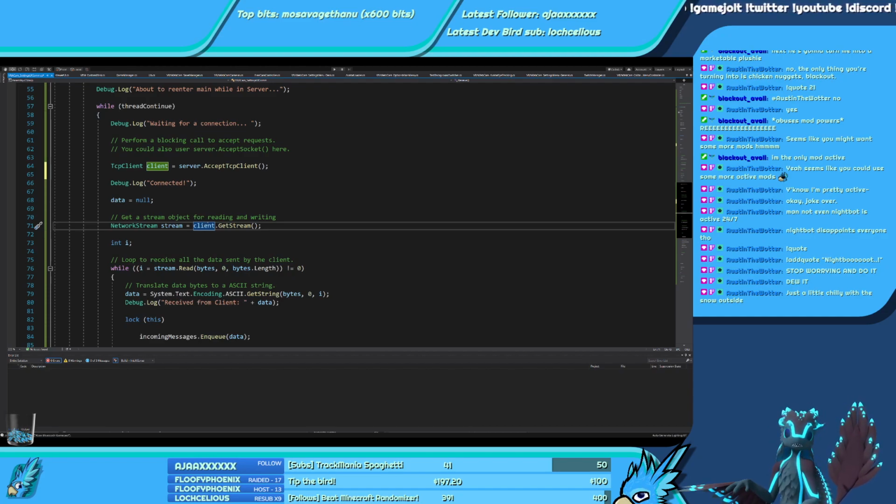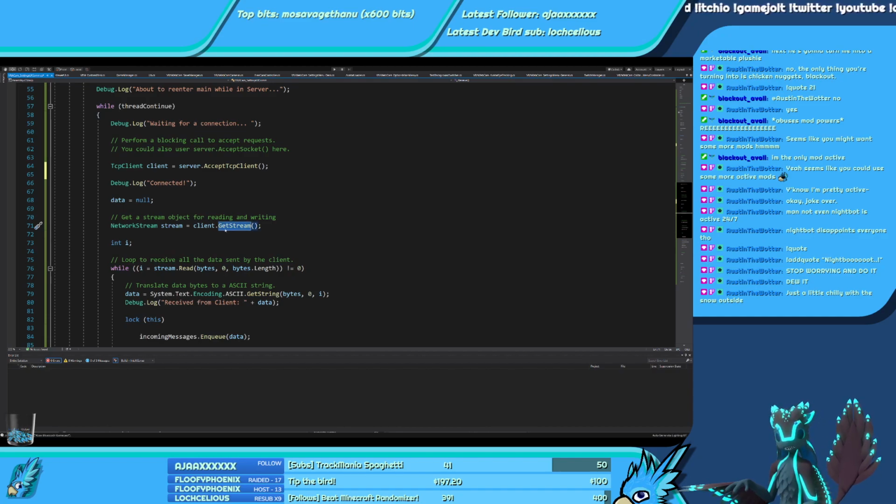At least from my understanding, I might be completely wrong, but you write packets in a stream that then gets sent through a protocol, which in this case is TCP. So you write the stream with the data, and you encode it, you send it over via the protocol, and the listener decrypts it and reads the stream as the bytes come in. That's my understanding, at least. So you get the stream of that client.